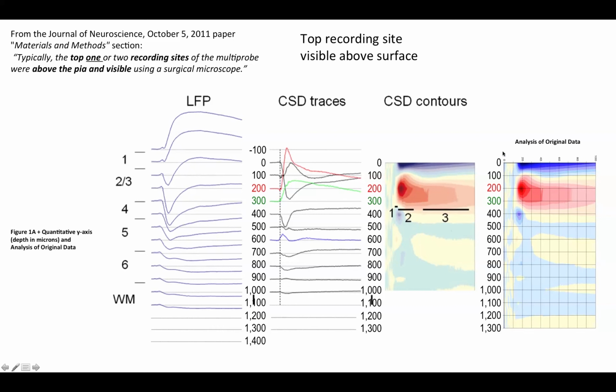Now, again, this is with the top recording site visible above the surface. What would this look like if the top 2 recording sites are visible above the surface? Well, if you did that, then this sink would actually be at an even more superficial depth. This would be 100 and 200 microns they'd be comparing. So really, by giving them 1 recording site visible above, I'm really giving them the benefit of the doubt and analyzing the data in a way which is consistent with what's described in the methods section. So again, with 1 recording site visible above, it's 200 to 300 microns. With 2 recording sites visible above, it's 100 to 200 microns. So this doesn't help their case. The sink actually gets even shallower.